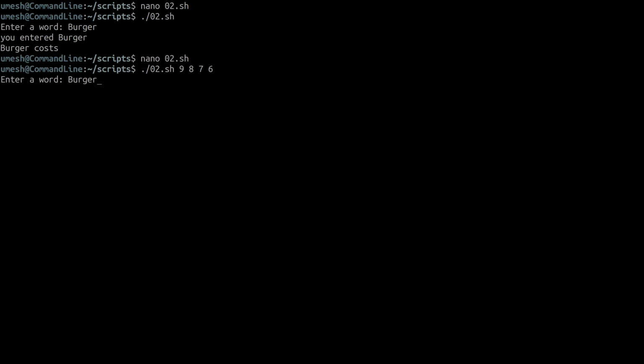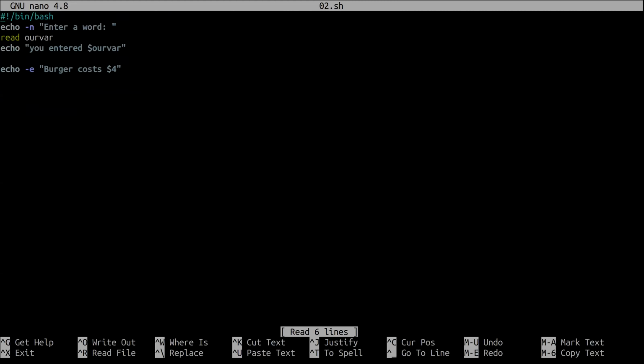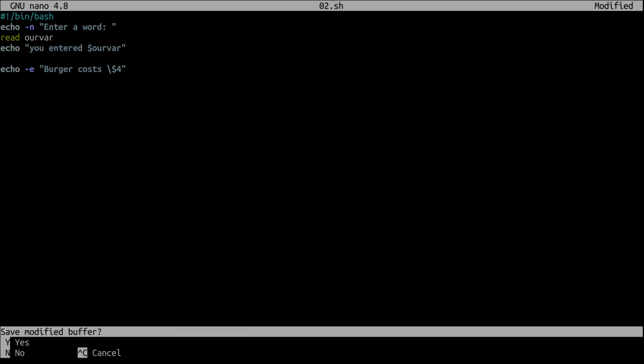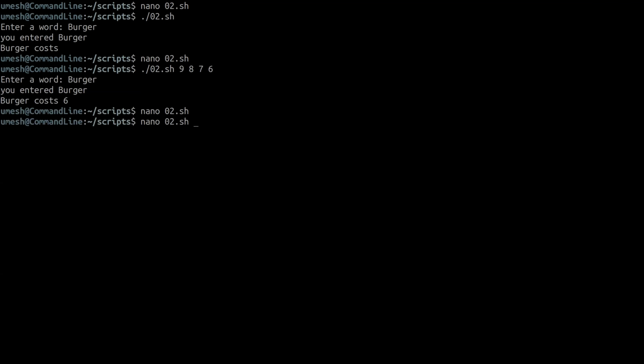But if you want to print $4, then what you have to do is use the escape character, and -e allows you to use that escape character, backslash. Now save it and run without these arguments.